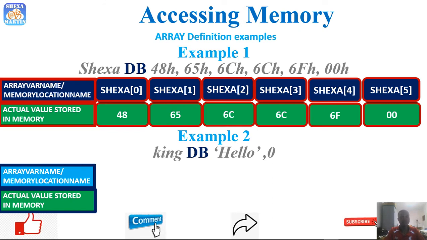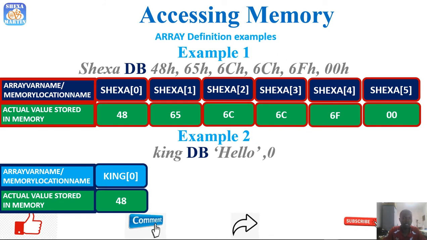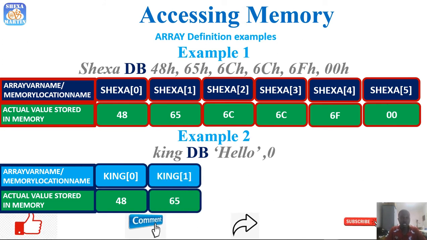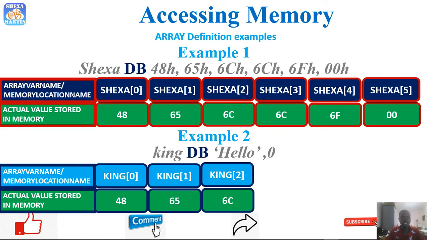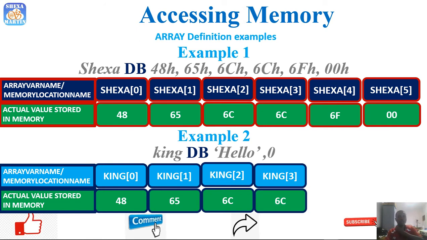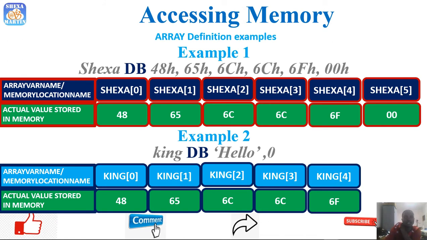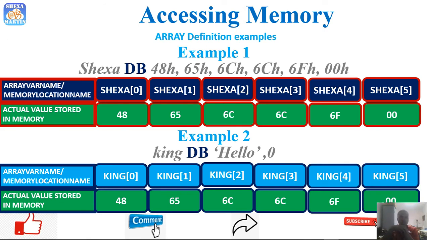king array variable. So king index 0 is H, and H in hexadecimal is 48, and then small letter E in hexadecimal is 65, and then king index 2 is 6C, which is L, and then we have L as well, which is 6C, and then O is 6F in hexadecimal. Then our 0 is still 0. Right, so you can observe that